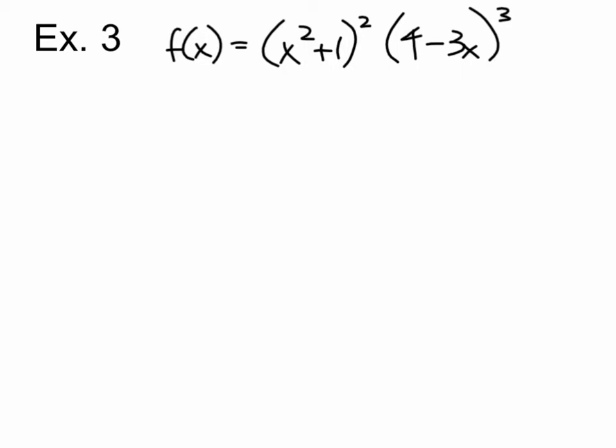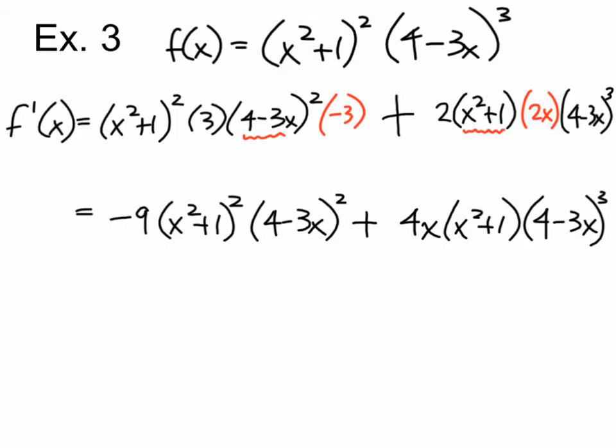In example 3, you can see that I have two expressions for f of x. I have x squared plus 1 all squared times 4 minus 3x all cubed. So in this question, I'm actually going to do the product rule times the derivative of what's inside. So if I start off with the product rule, I leave my first expression of x squared plus 1 times the derivative of g, which is -3,